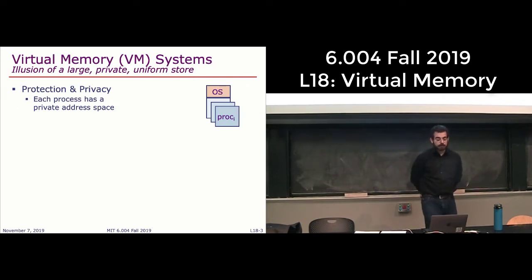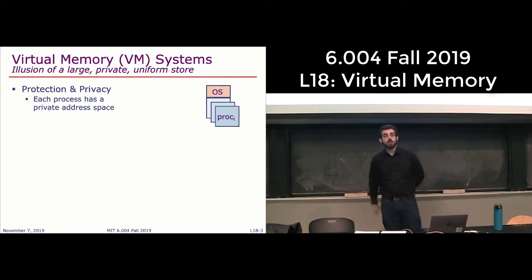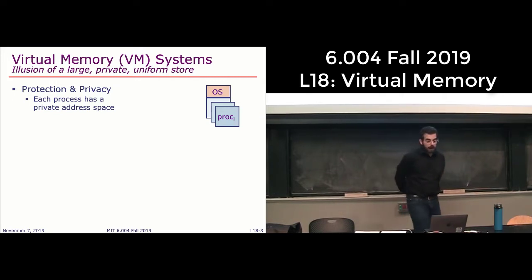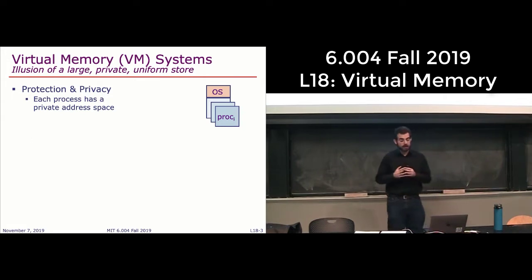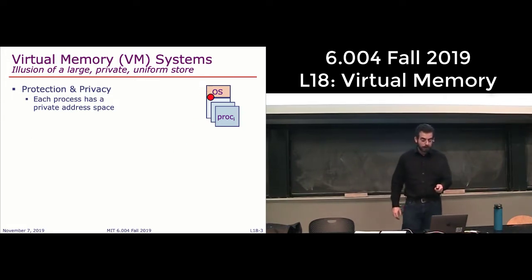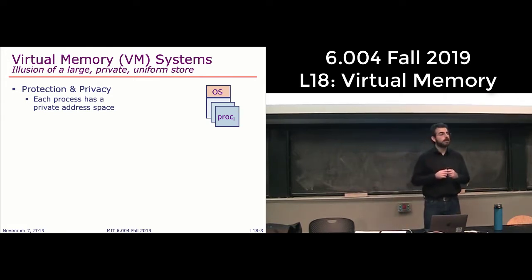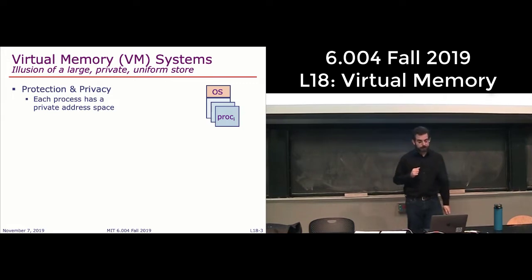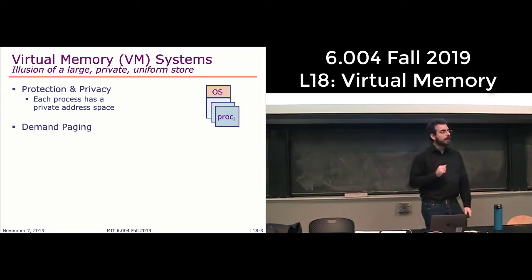And so at a high level, we want virtual memory systems to provide two features. Essentially, the first one is this private address space that we've seen in some detail so far. So we're going to have some physical memory reserved for the operating system, and then each process is going to be in some disjoint region of physical memory. But they're all going to believe that they have some amount of memory all for themselves. The other feature that we haven't seen so far, but it is also extremely useful, is what we call demand